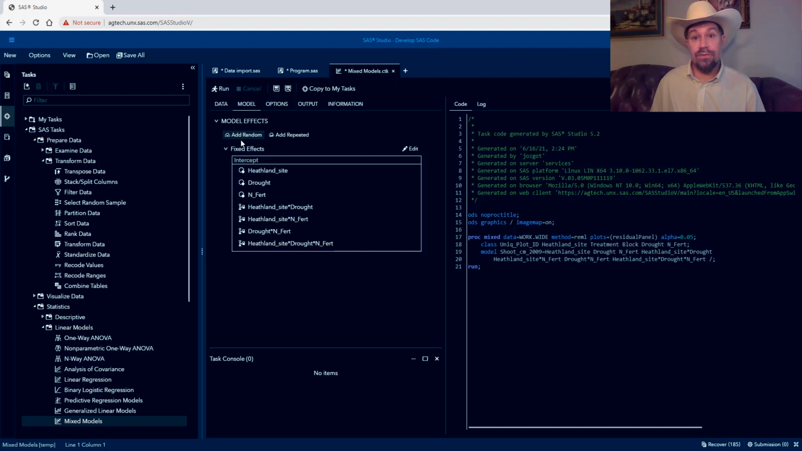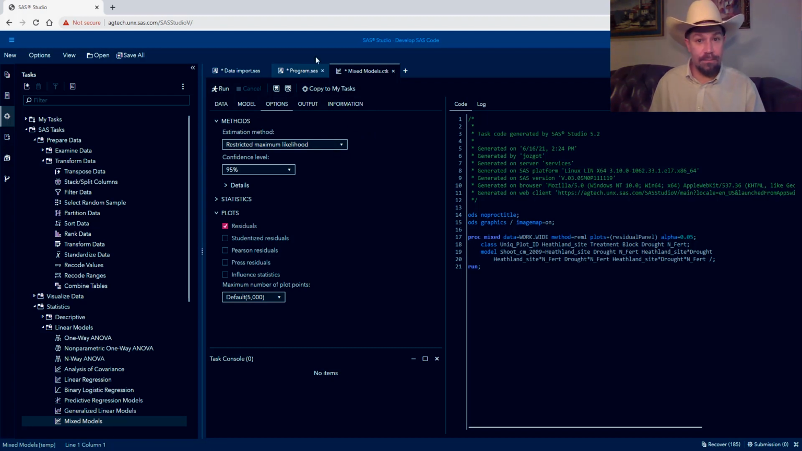Okay, so now we've chosen our fixed effects, and for now we're not going to add any random effects. Mixed models are mixed with random and fixed effects, so this is going to be a fully fixed effect model that would be identical to an analysis of variance, or ANOVA. We're going to go ahead and explore the options, and what we see here are different plot options such as residuals